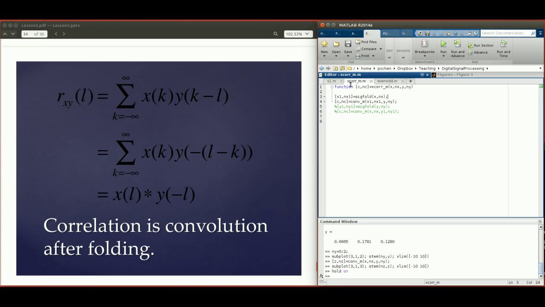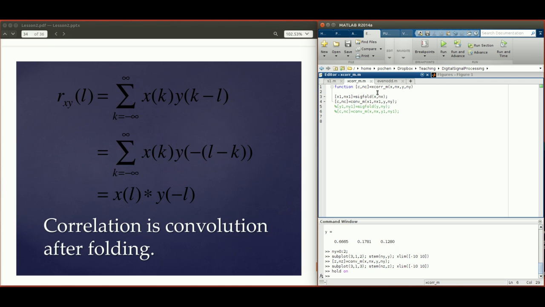So what I did in this particular code is that I folded the first signal. I first folded the first input signal, x and x, and then I got x1 and x1, right? And then I did the convolution using x1 and x1 with the second input y and y, right? So now let's